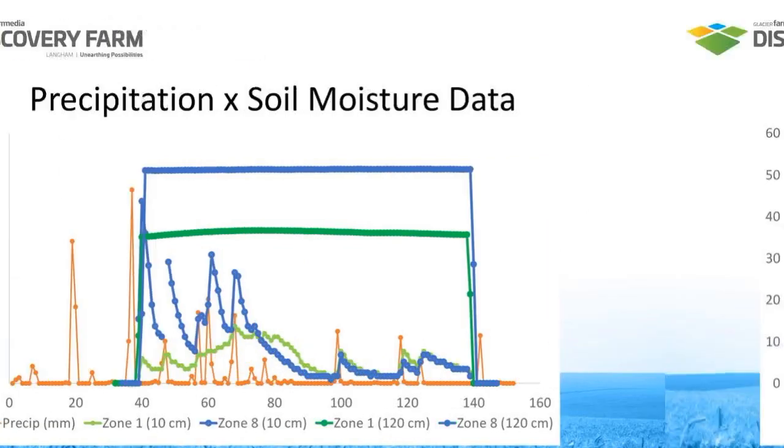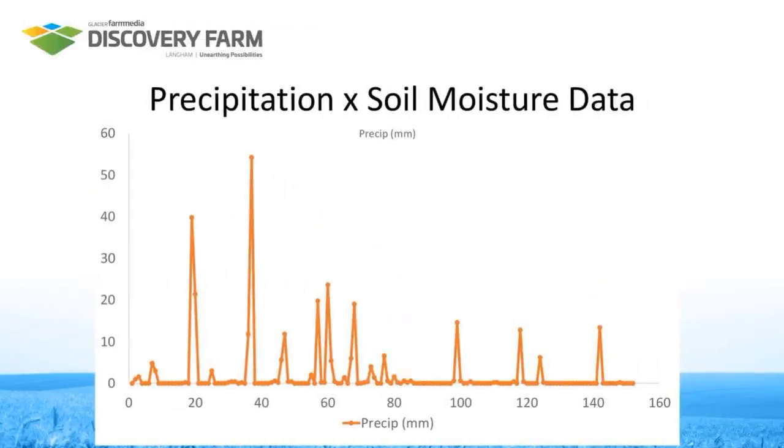So first off, we're looking at the precipitation, and I've reported the precipitation over about a 150-day period, with day 0 being May 1st and day 150 being the end of September, and showing precipitation in millimeters. So very clearly you can see where these big precipitation events are. As an example, around day 20 we had about 40 mils in an event. Right before day 40 we had another big event around 55 mils or so.